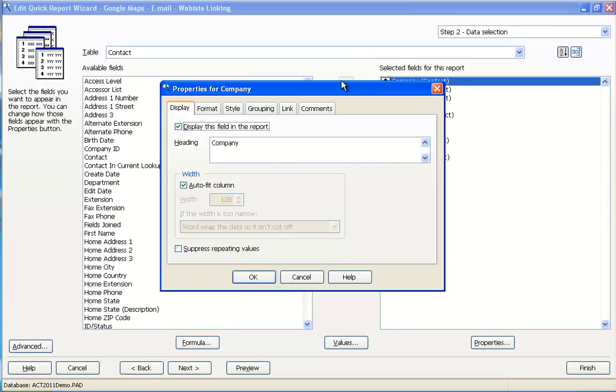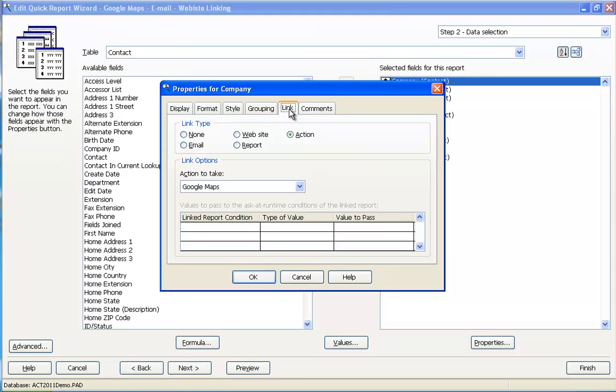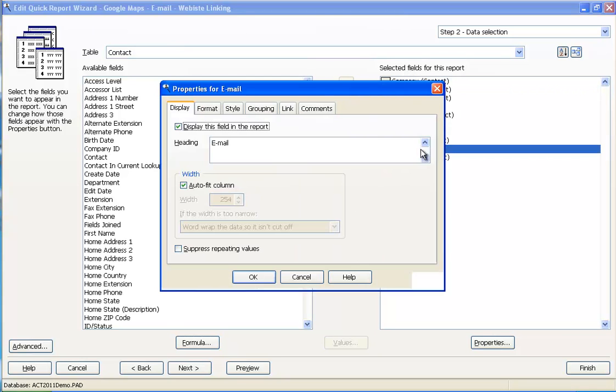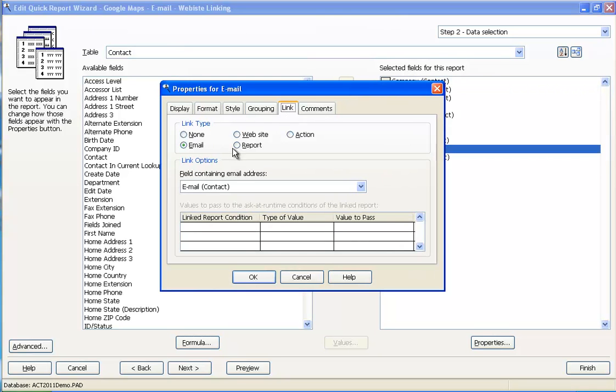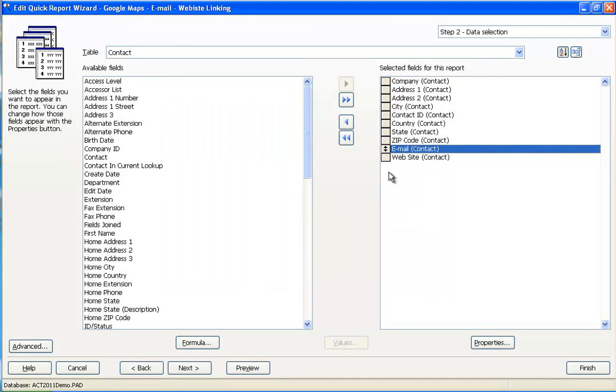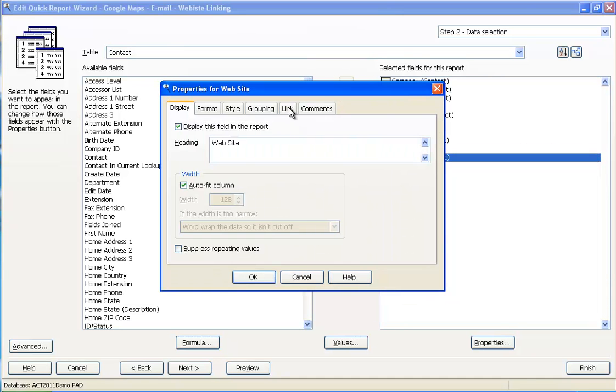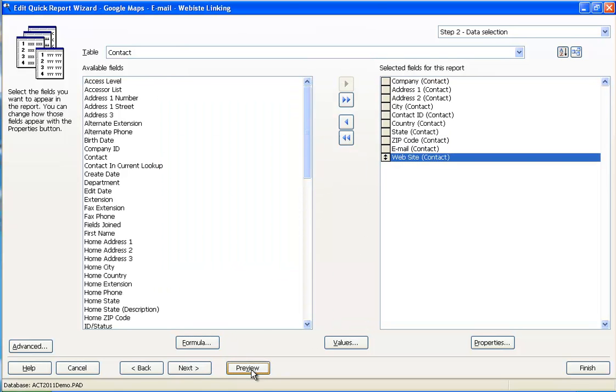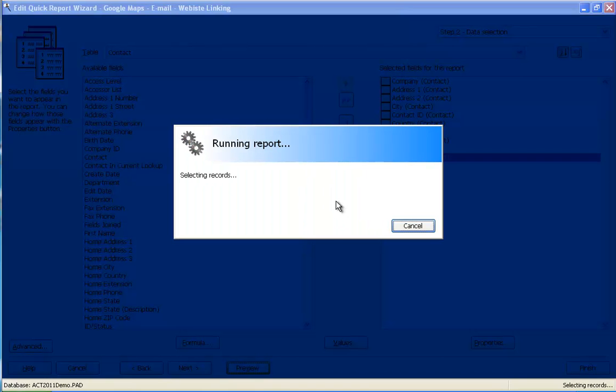Linking is a capability in Stonefield Query that allows you to set certain fields to have certain actions in a report. In this particular field, we've chosen the company, and we have said action to take Google Maps. We've also gone to the email field, and on link, I've set this to email. And for website, we've gone to the link tab, and I've set this as a website. When we go ahead and preview this report,